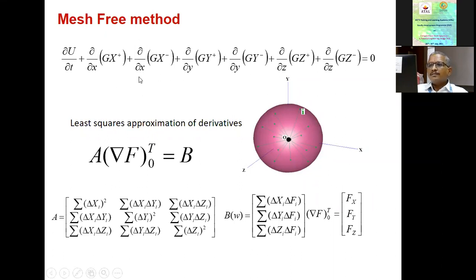Similarly, all the derivatives. Once this is done, and assuming U to be constant, to be the value at the point O, here there is nothing like a finite volume. I'll discretize with a suitable time marching, then I'll be able to solve this kind of equations on an arbitrary distribution of points. In finite volume, a lot of effort goes into building those finite volumes. But here, we will be able to solve on an arbitrary distribution of points, what we call a cloud of points.